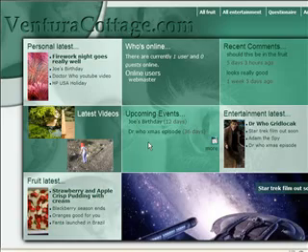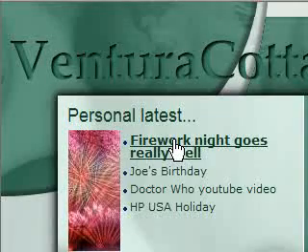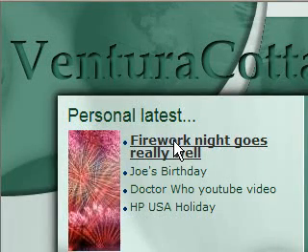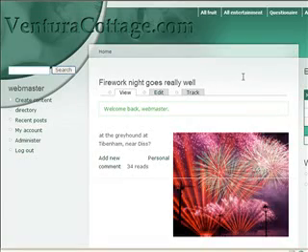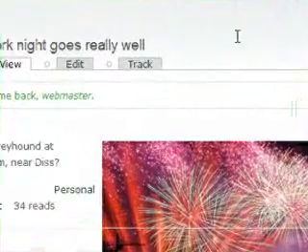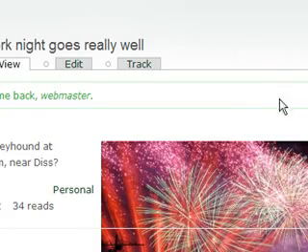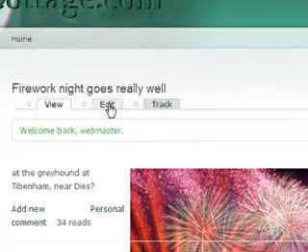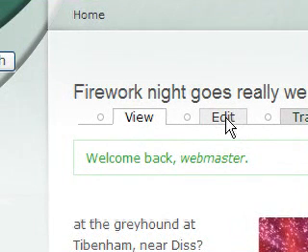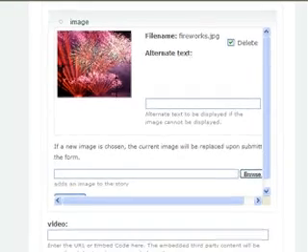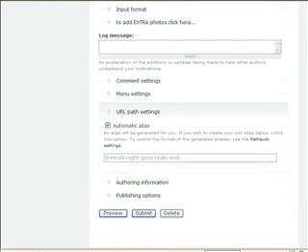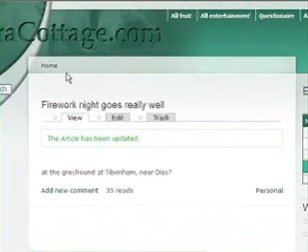So as an example of how it actually works, if we look at, for instance, the stories here, we've got one, Firework Night Goes Well. If we click on that, you can see we've got a typical story that has been entered into the Drupal website with a picture on it. Now, if for instance this didn't have a picture on it, we'll turn the picture off. This is using image and image cache. So now if we go back to the home page,